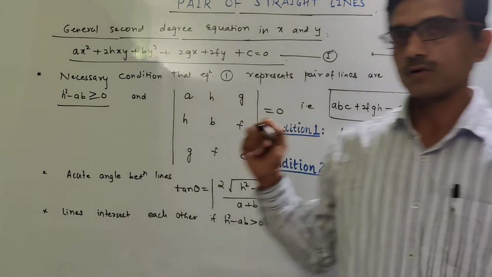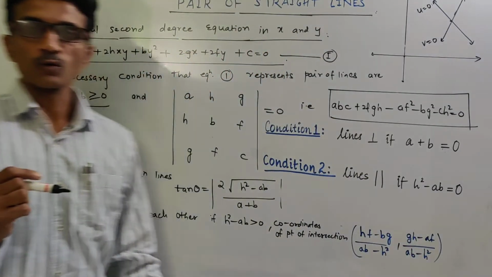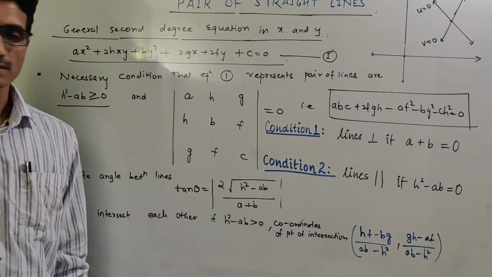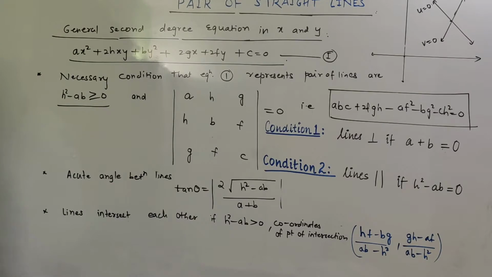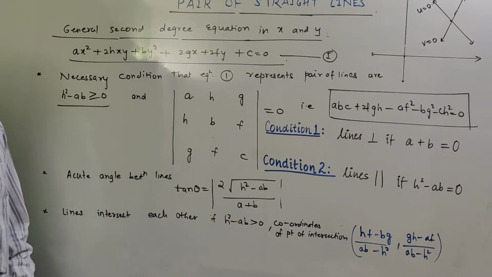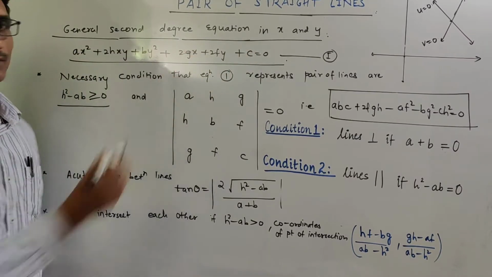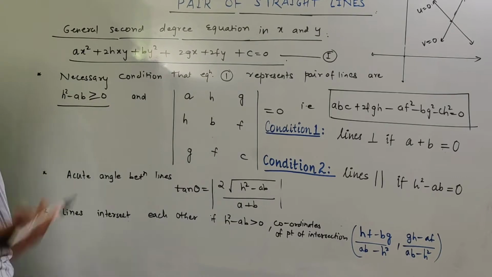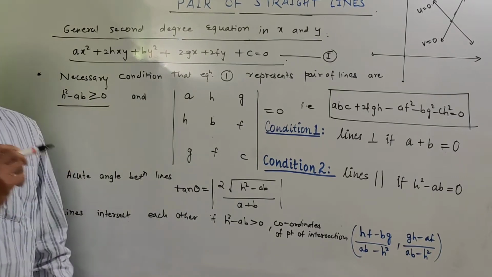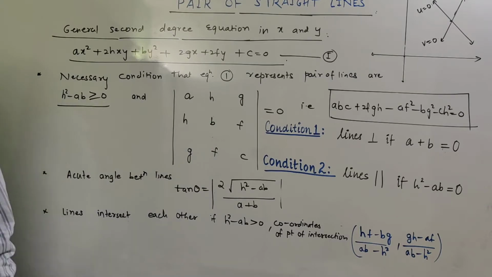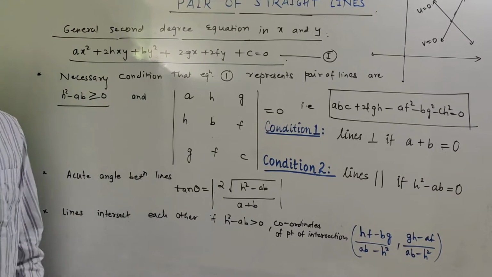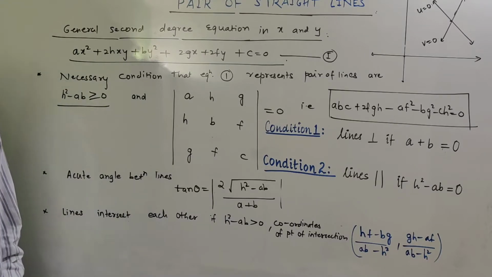In this video we are going to learn exercise 4.3 of pair of straight line. This exercise is based on general second degree equation in x and y. तो इसके पहले के exercise it was based on homogeneous equation. So homogeneous equation is nothing but it is a joint equation of pair of lines passing through the origin.